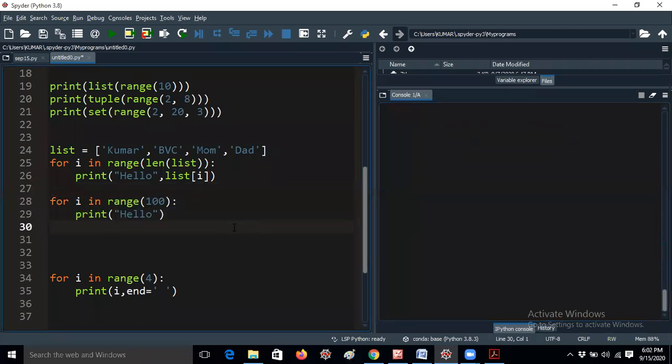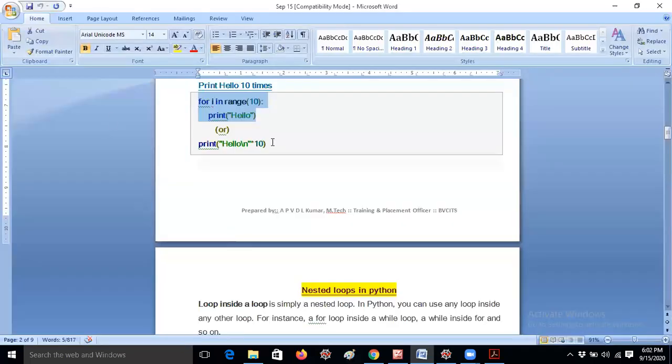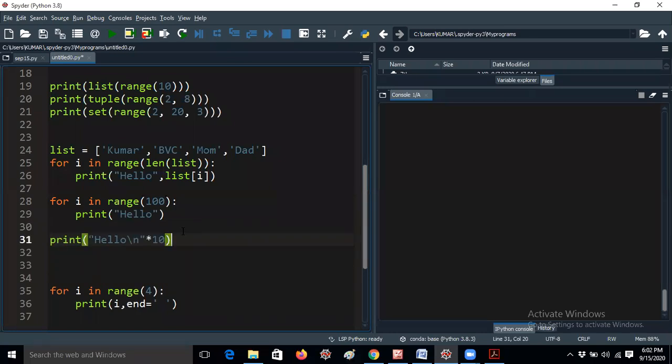Anyway, instead of that, you can use the repetition operator. We have the star. Star is a multiplication operator, and here star is a repetition operator. Whenever you use it with a string, if you give hello backslash n star 10, hello will be printed 10 times.